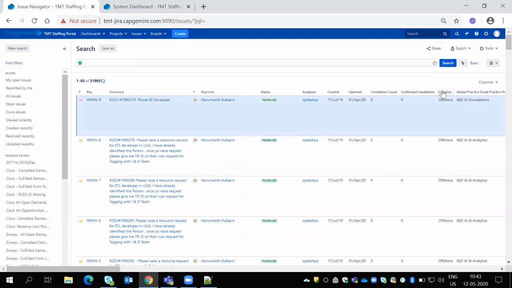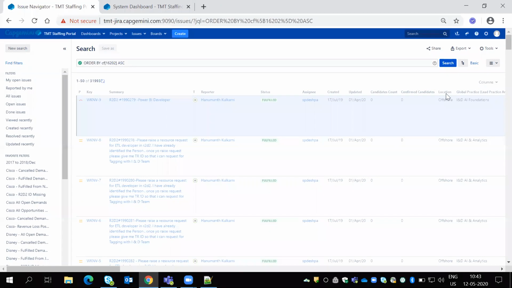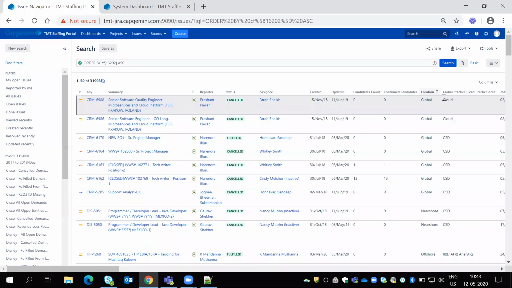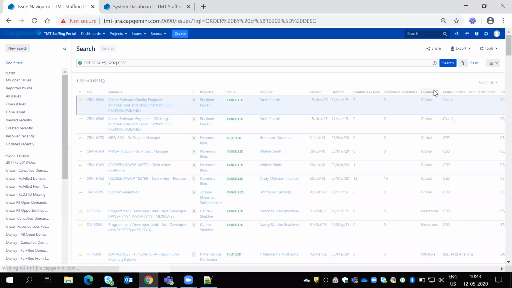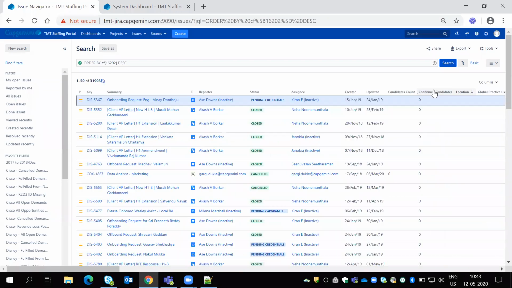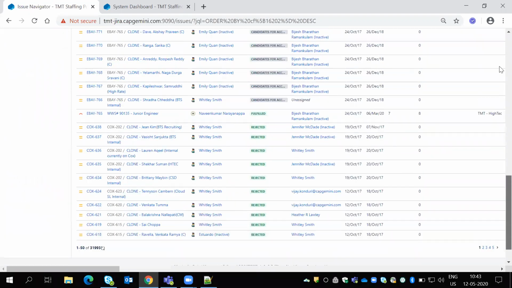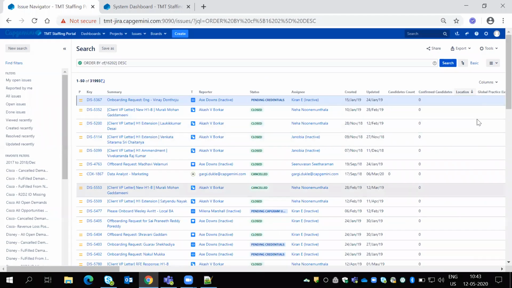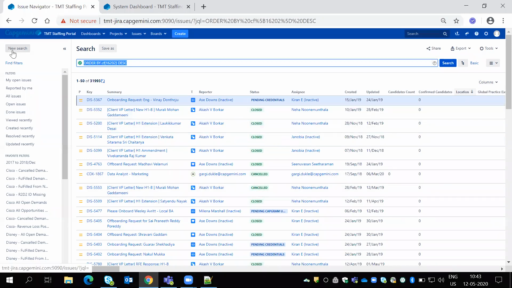This is based on a custom field I'm showing here. See here, some of the locations have not been selected. See, the location field is not selected, right? So I want to capture the empty ones. Suppose I write location equal to empty.